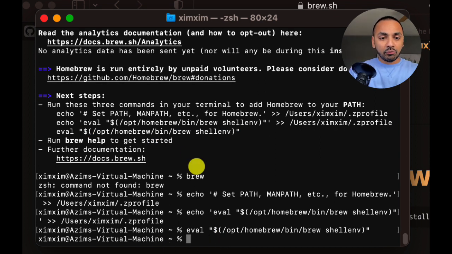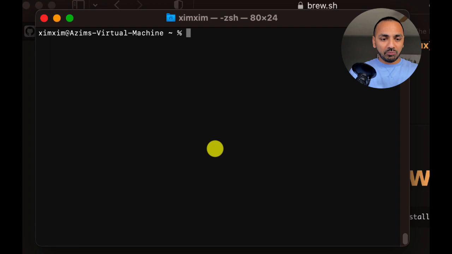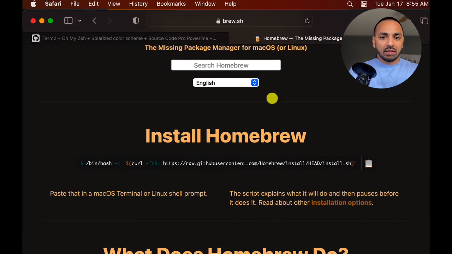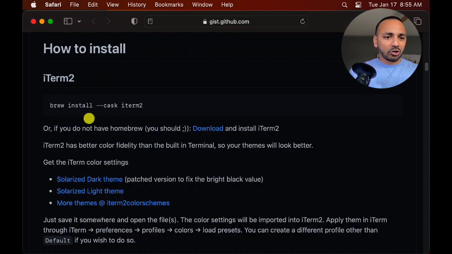That means at this point, if I do brew help, it should show me the documentation for the brew command. Let's see if that happens. Perfect. That worked. All right. So with that, with brew installed, I will close my terminal, and actually I may have to open it again. Let me close the Safari tab for Homebrew, and going back to the documentation,